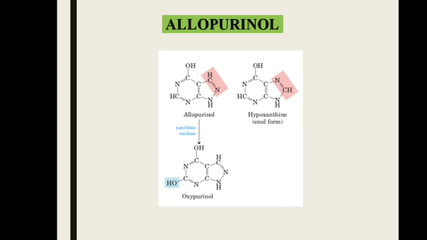But then what is the use, if xanthine and hypoxanthine are still there? They are not getting converted to uric acid, the last step is only hampered here. But the important advantage is that xanthine and hypoxanthine are more water soluble, so they could be excreted easily. Thus, this drug competitively inhibits xanthine oxidase enzyme. Thus, allopurinol is used in the treatment of gout. Of course, it is a gold standard drug.